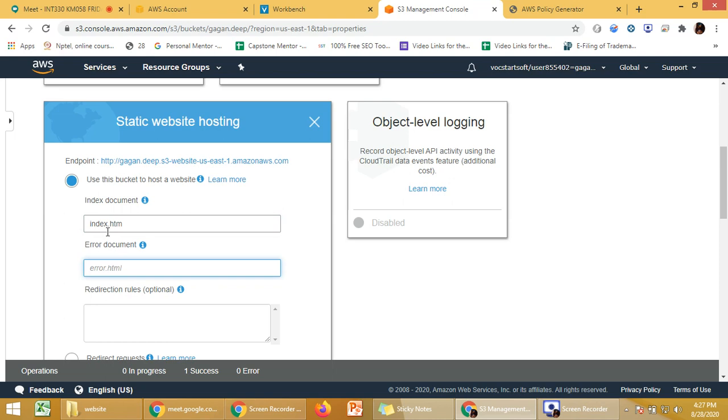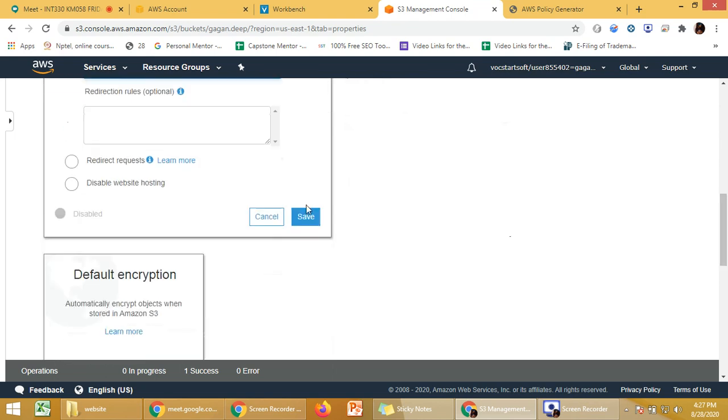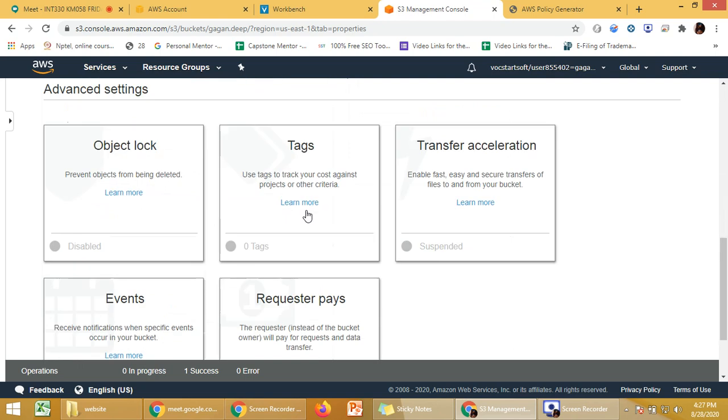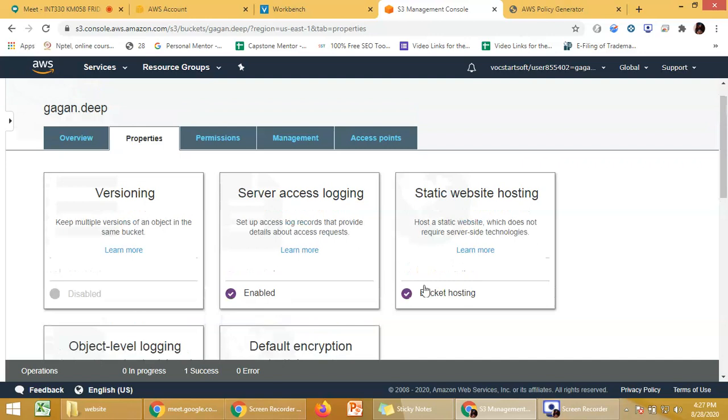For error, we have error.htm. And if we have any redirections, we can include that, otherwise it is not required. So save. Once we have saved it, you can see now bucket hosting is enabled.